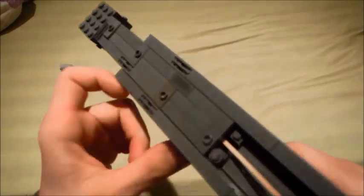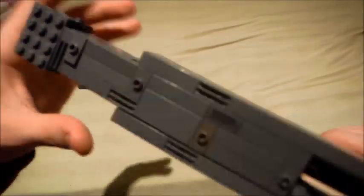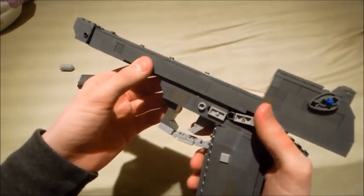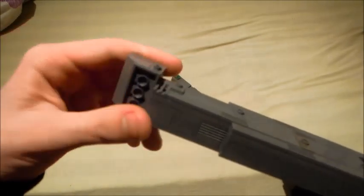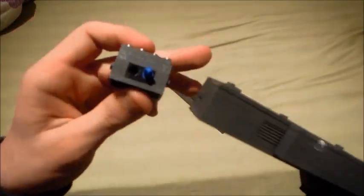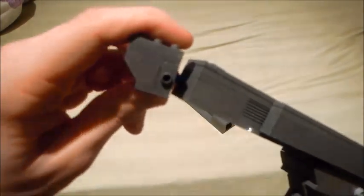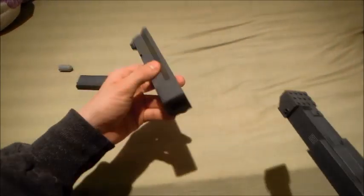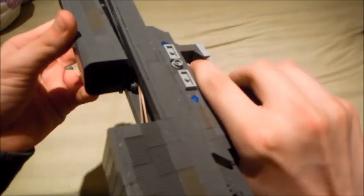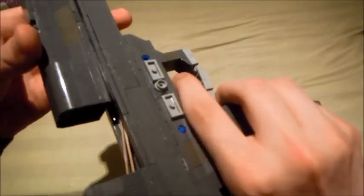This gun basically consists of a ton of jumper plates, and you can see the rubber band is really easy to access. You basically just take off the tiles on top, and then you can change it. Here's what holds the barrel in place, and that's a little bit of thickness in the front. So this was really hard to achieve,